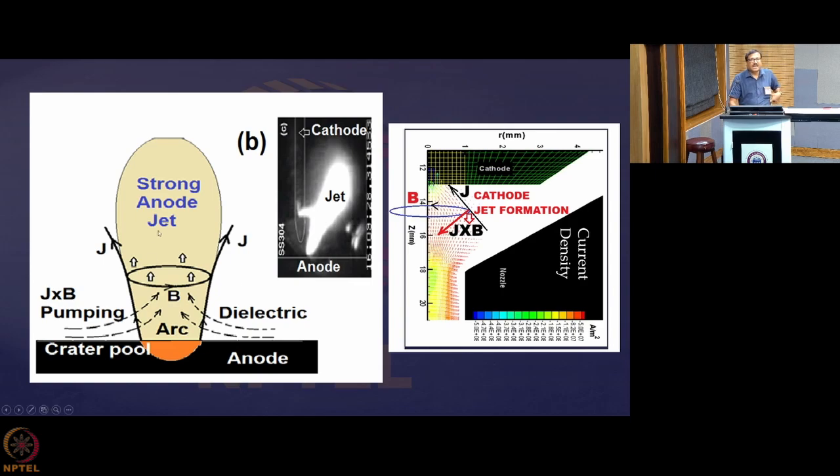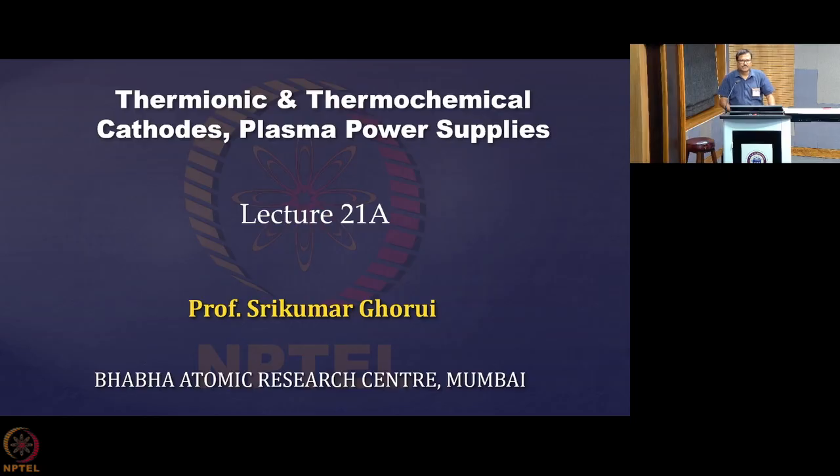Similarly, over the anode, this is the anode jet. So in a torch, suppose it is a transferred arc, a jet will be coming from the cathode, that is the cathode jet, and a jet will be formed from the anode at the bottom, the job. Both these jets, the cathode jet from the top and the anode jet from the bottom, can collide in between and spread in the mid zone. So this inverted bell shape at the bottom and bell shape on the top are basically the cathode jet and anode jet, and this special structure is formed because of this J cross B pumping effect.